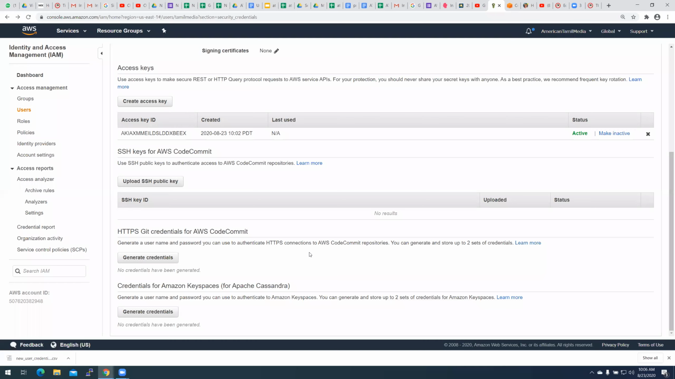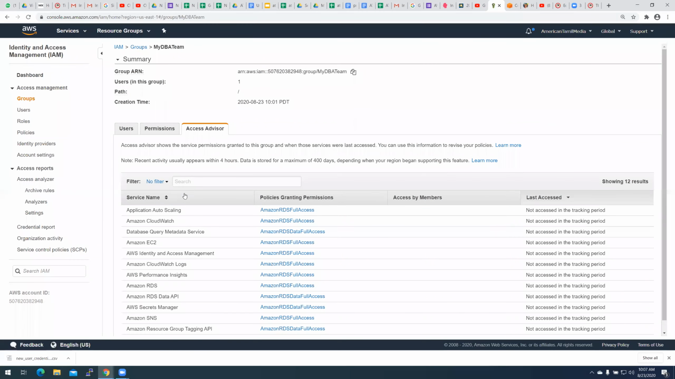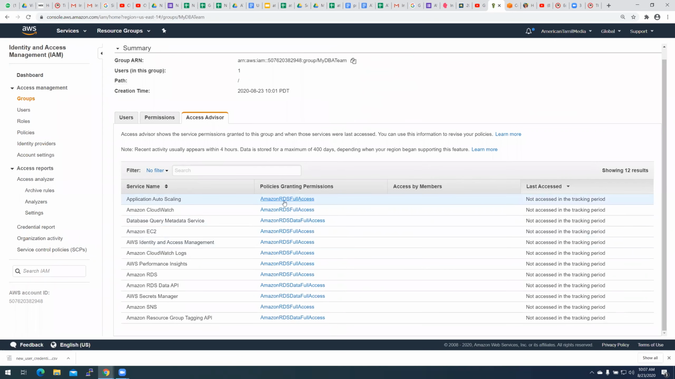All right, now let's go to groups. When you go to groups, these are the two groups we have. Let's see what is in each group. This group that we created, we granted RDS full access. RDS stands for Relational Database Service, right? So inside it has these